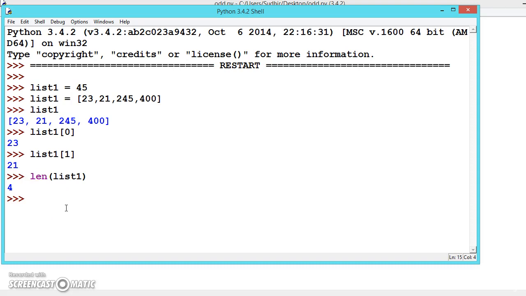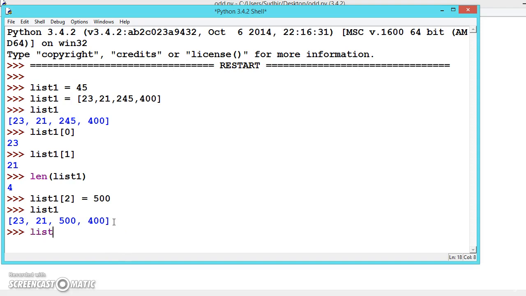We don't have arrays, we have Python lists. Lists are super dynamic because they allow you to store more than one value. If we want to change the second one, 245, to 500, how can we do it? List 1, index 1, is equal to 500, since the index starts with 0. Now we have dynamically changed the list. See here, 245 is replaced by 500.